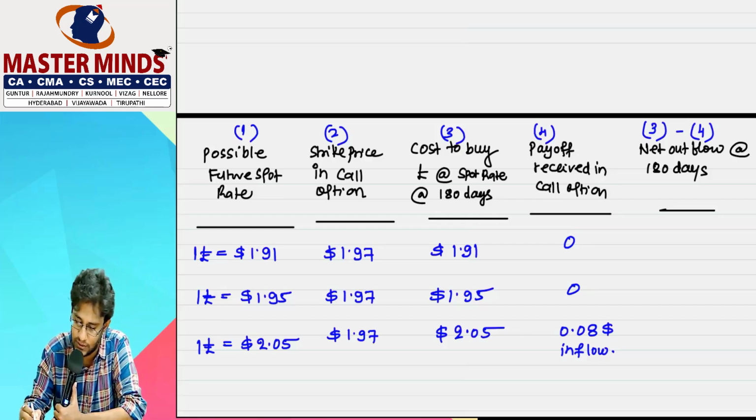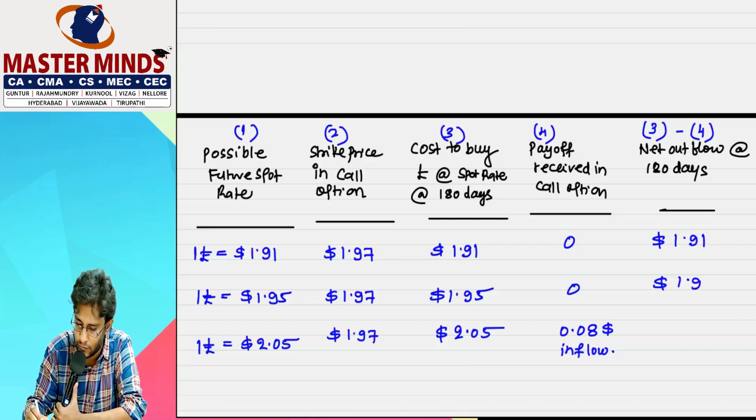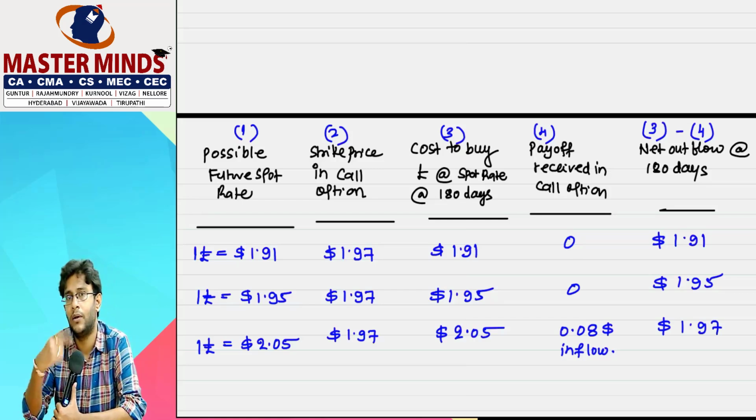So the last step is that 3 minus 4. 1.91, 1.95, 1.97. Now yesterday,